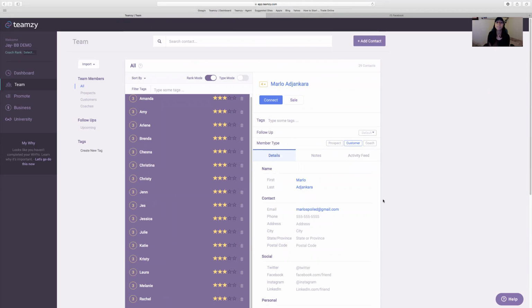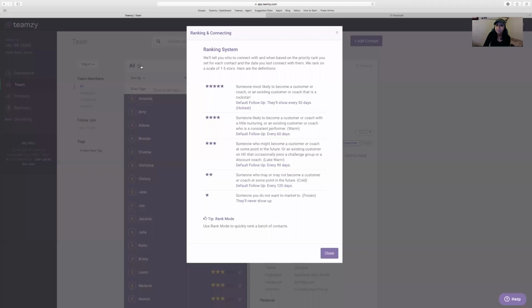So now what that means is that I'm going to be prompted to follow up with him at a certain frequency. If you're ever unsure of what that frequency is, go ahead and click this little hint, and it'll break down your ranking system for you. You'll have 5 stars, rock stars, people that you're going to be okay with following up with every 30 days, 4 stars, still rock stars, but people you're more likely to follow up with every 60. 3 stars every 90 days, 2 stars every 120 days, and then the 1-star folks just will not come up